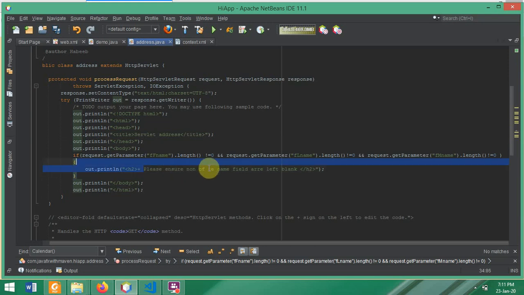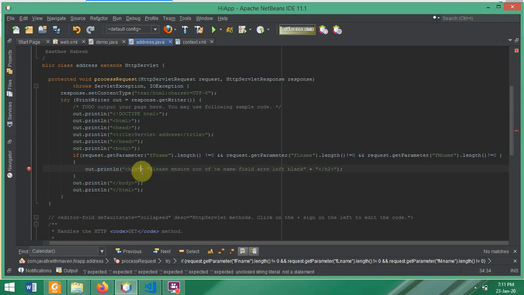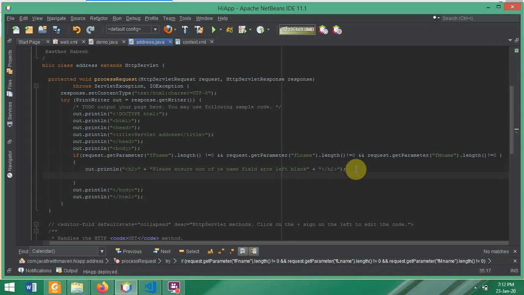And of course it has to be a string, so that's the one reason why I would put it inside the string and concatenate with plus. So that's why plus is here, and this has to be a string again. Actually, I really love using JSP more than this approach. Now it's going to tell me this, and I actually want it to go back to the form. So out dot